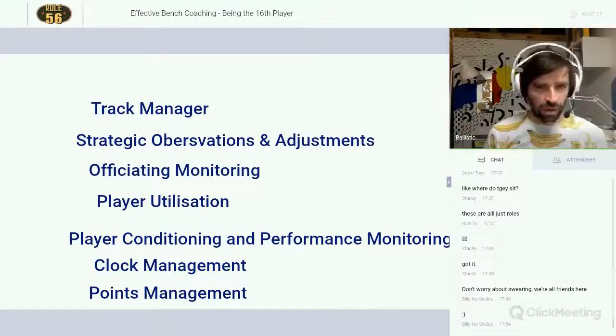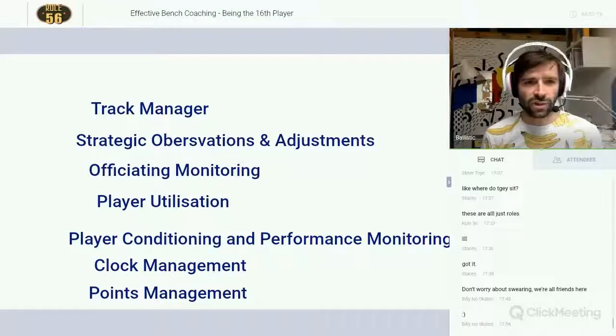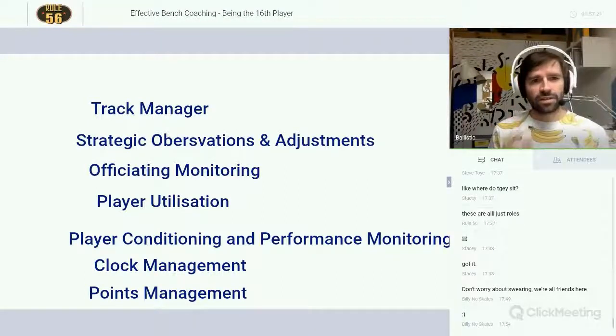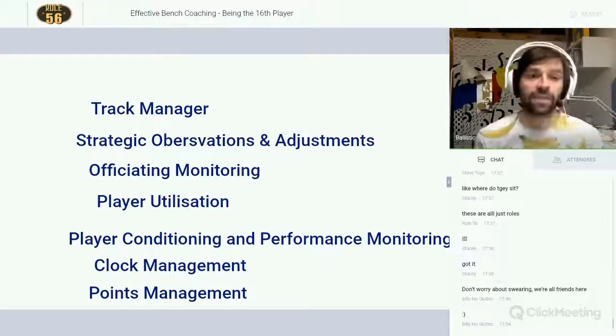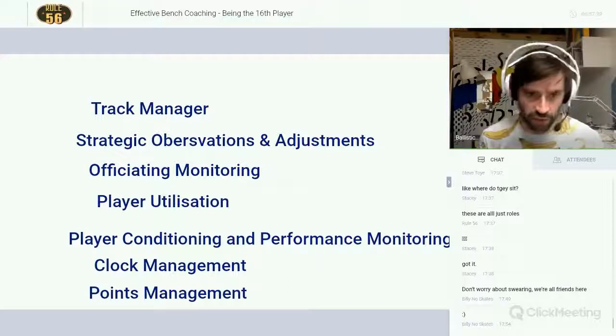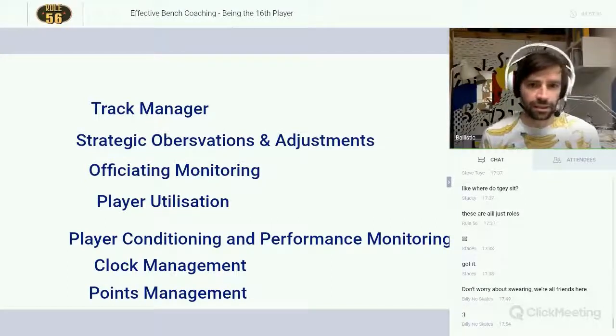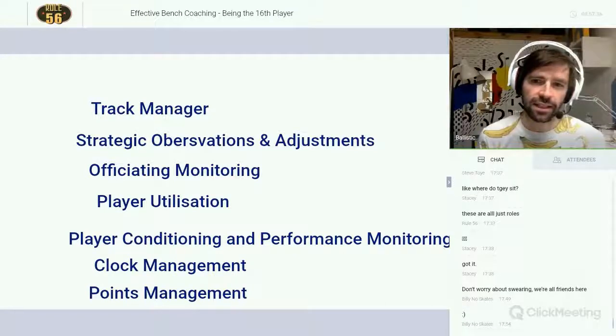I wasn't really sure whether to bundle this with clock management or put it in its own points management thing, but this refers to the rate at which you feel points can be scored in the current game, at the current moment. So the freshness of jammers, blocker penalties, solidity of defense, all of these things play a role in how likely it is for you to score X number of points